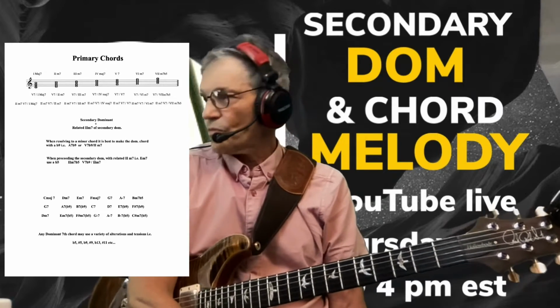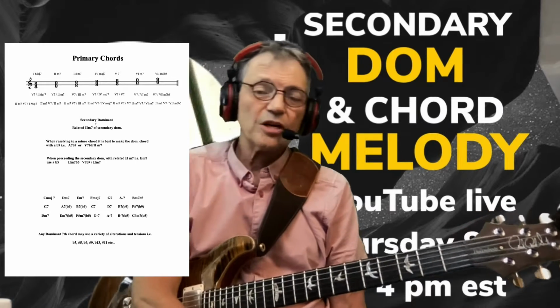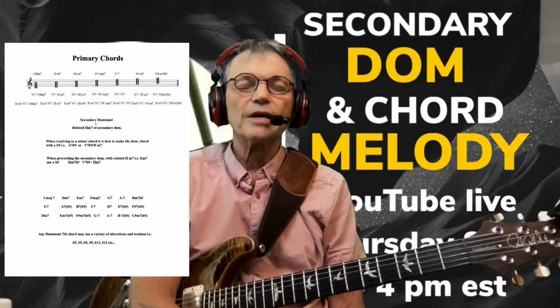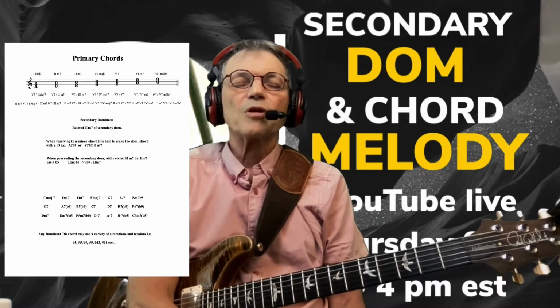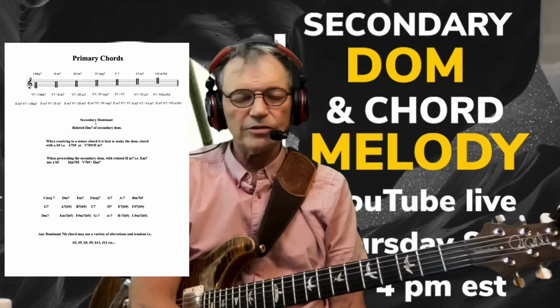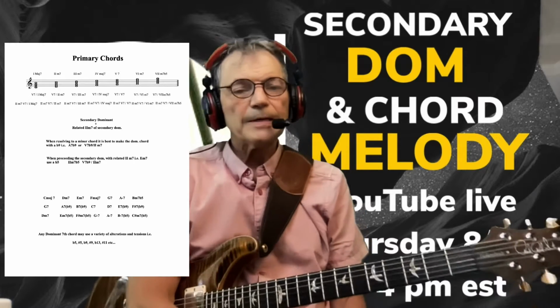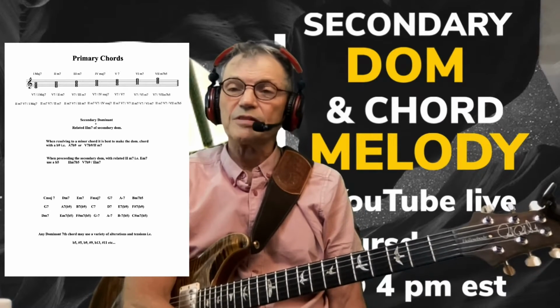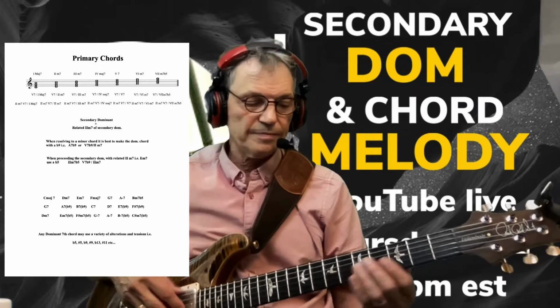Now let's take away the flat 5 sub and put the 2 that relates to that flat 5 sub. Okay? So if I'm going to the key of C and it's the 1 chord, again, that's not a secondary dominant, but the flat 5 sub is a D flat. I can put an A flat minor 7 in front of it, D flat, and make it resolve to C.